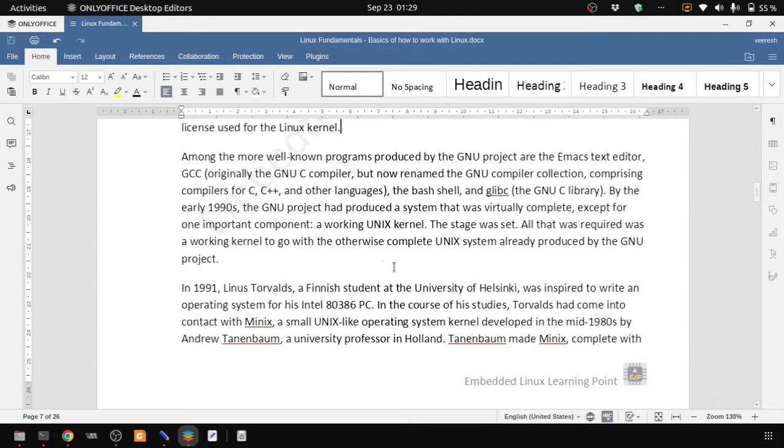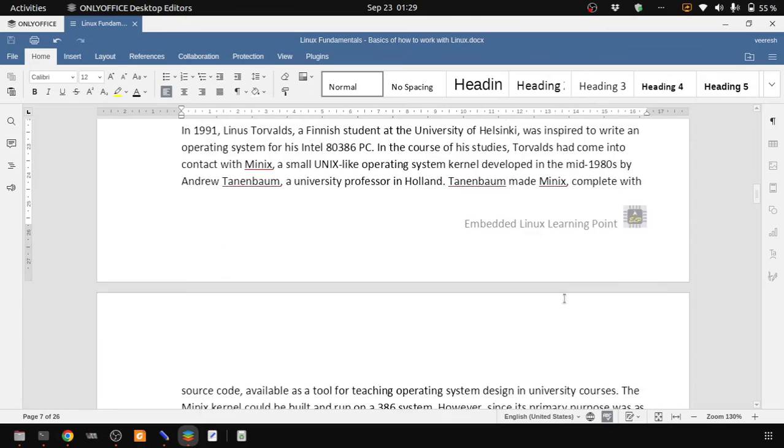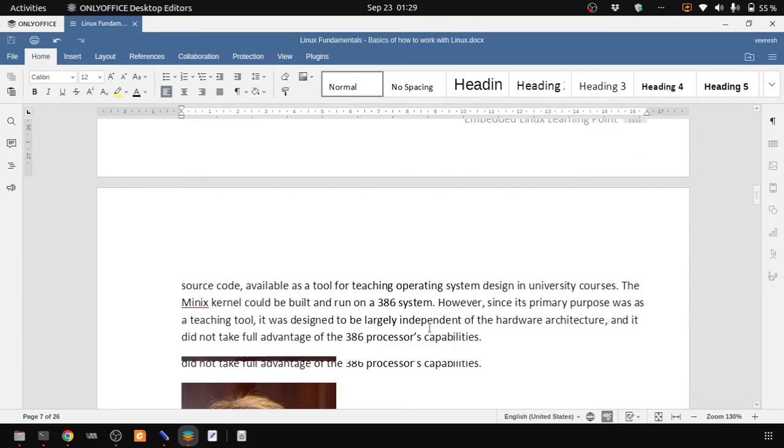a Finnish student at the University of Helsinki. Oh, I don't know how to pronounce this, but Helsinki was inspired to write an operating system for his Intel 80386 PC. So he started this project, and a small Unix-like operating system from the mid 1980s by Andrew Tanenbaum. So he took this as a base, and then he developed the first implementation of Linux,